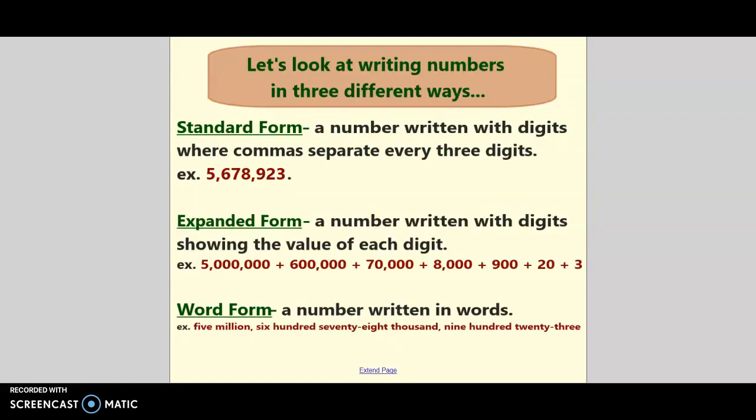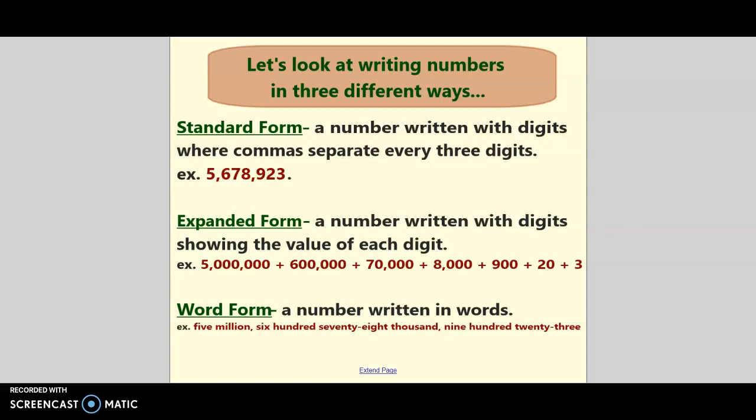And we need to know standard, expanded, and word form. The example for standard form is just like a basic number that you would write: a number written with digits where commas separate every 3 digits, which is also called a period. That separates your hundreds from your thousands, your millions, and billions. In the expanded form, it's a number written with digits showing the value of each digit. So as an example, they could write 5 million plus 600,000 plus 70,000 plus 8,000 plus 900 plus 20 plus